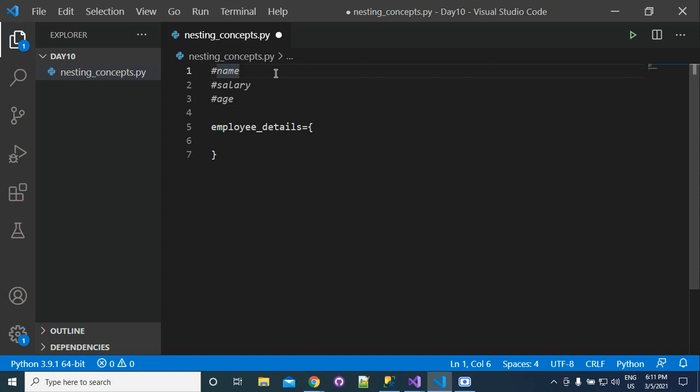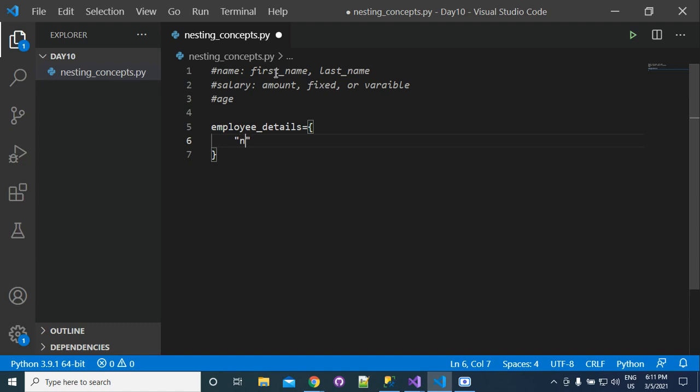Name can be first name, last name. And salary can be in this form, either it is fixed or variable. So this type of data you cannot store using a simple dictionary.